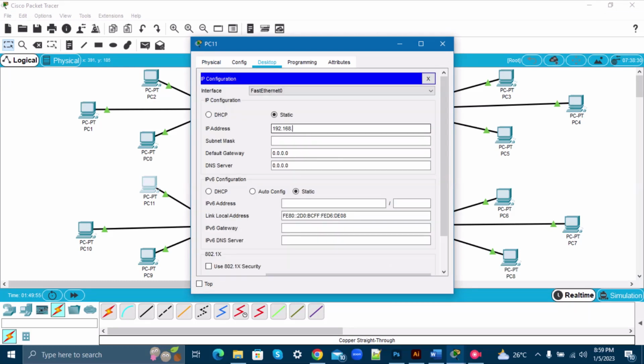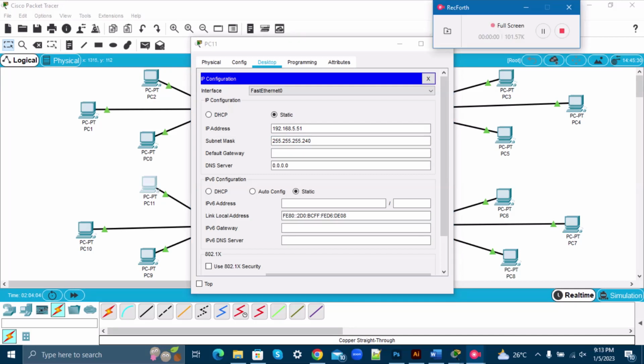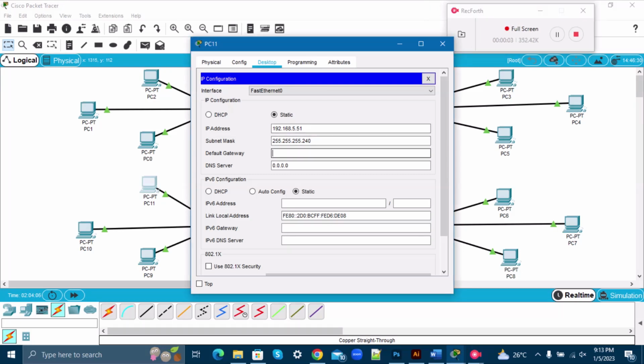Desktop IP configuration. 192.168.5.51, right? 49, 50, 51. And let's go on to our default gateway 240, and sorry, our subnet mask, why did I say? Okay, so let's put our default gateway as 192.168.5.51. 168.5 dot,